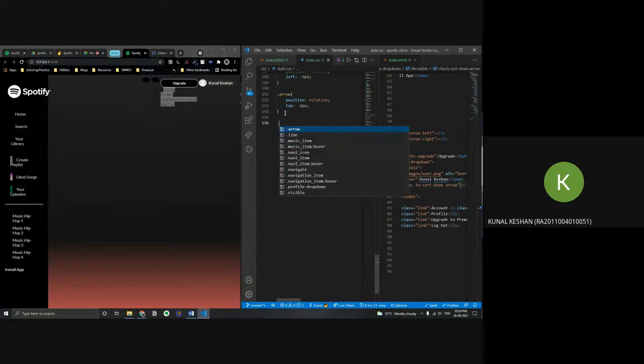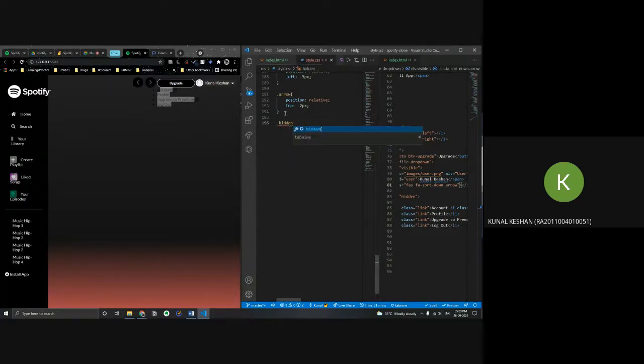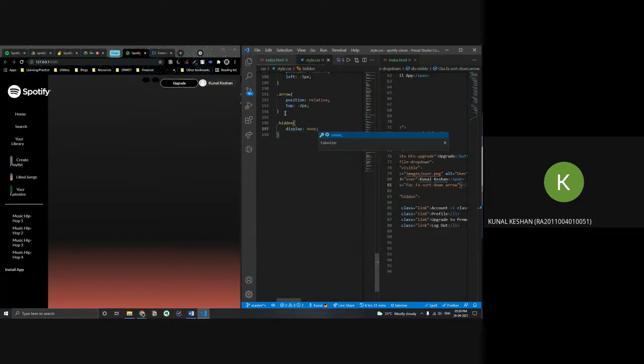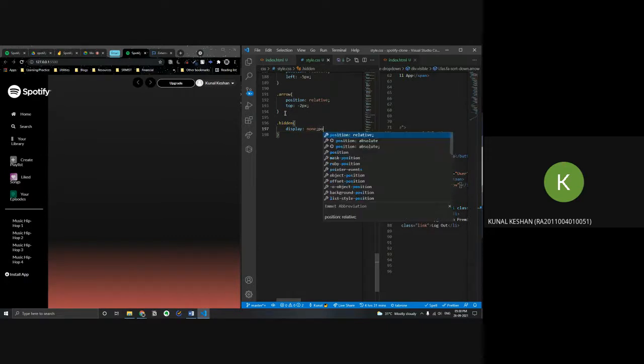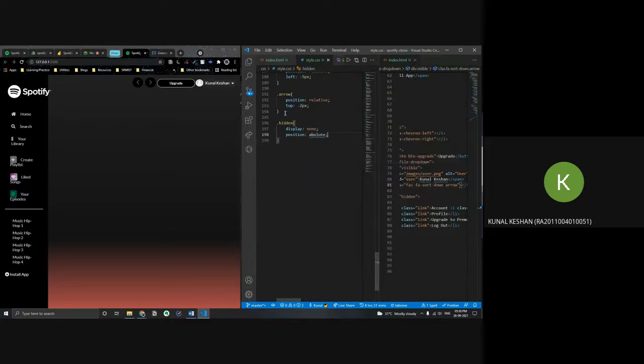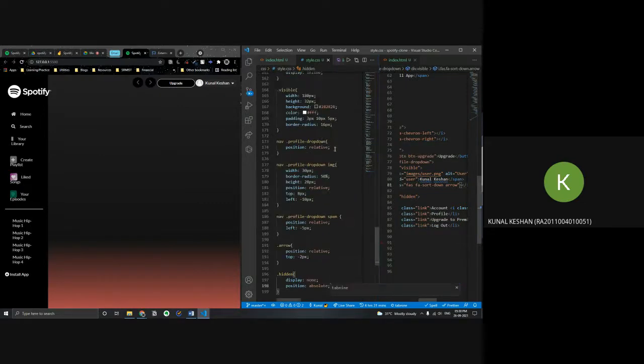So now you just take the dot hidden, you give it a display none by default. So it's hidden over there, just like that. Then you give a position absolute, and it'll take its position with respect to the box over here, because we gave position relative for the parent box.